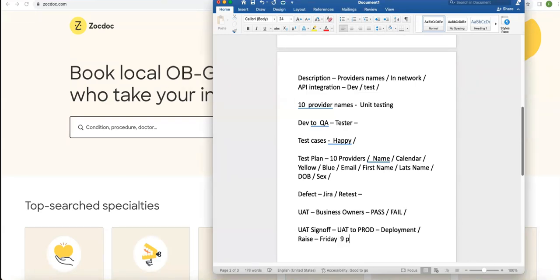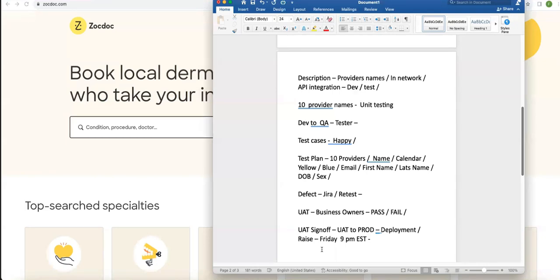EST. That's how deployment will happen, usually late night or midnight or early morning, because at that time the system will be down and nobody will access it. So if something happens, you can revert back the code. So now you are planning for deployment, and mostly you are coordinating. Raising that request, the ticket raising and all that, only the BA can do. Developers sometimes do it, sometimes they ask you to do it, because you are the primary person who knows the in and out of this requirement, right? So you may raise a request with the deployment team, and once you schedule everything for them,